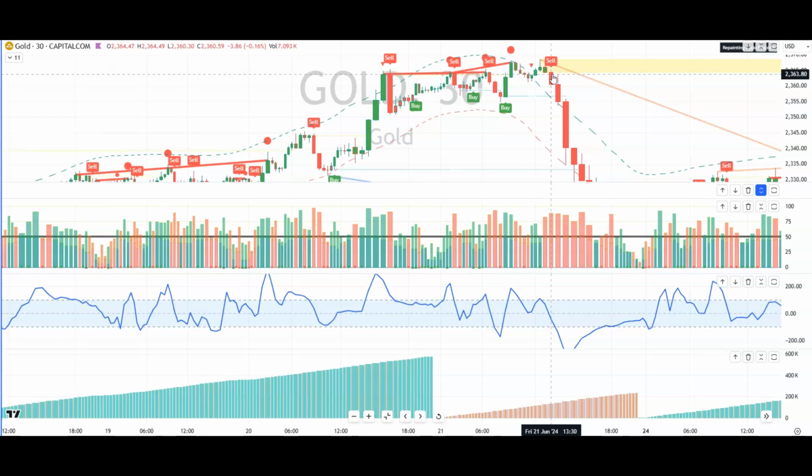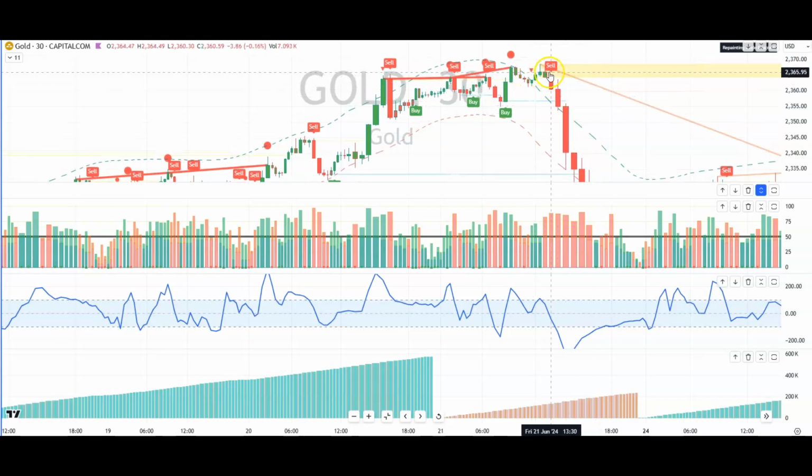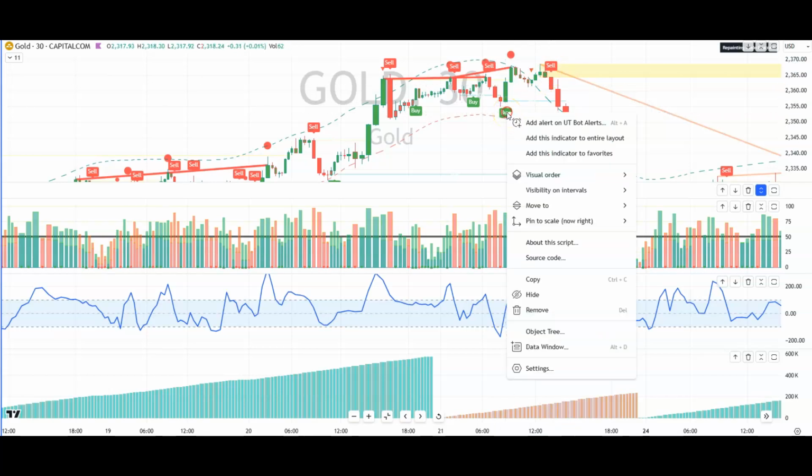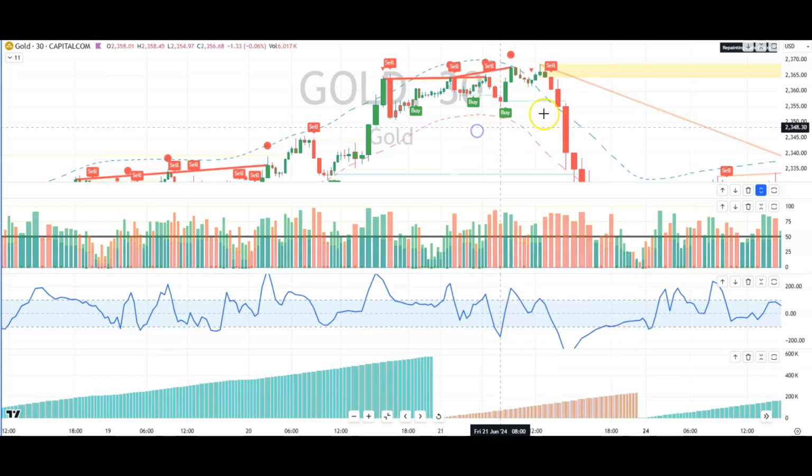So a couple of things. Just focus on the 30-minute chart. You're waiting for that sell, and you can right click on this and then you can send it to your email when you get a sell signal. So you've got a buy signal here. You're not looking to buy it, but you're waiting for the sell. So you put a sell signal here. So you add an alert on the UT bot alerts and click sell, and then it tells you when